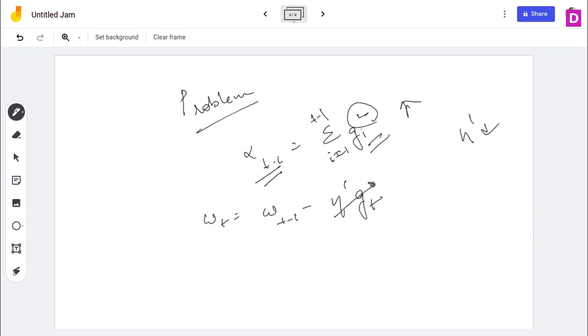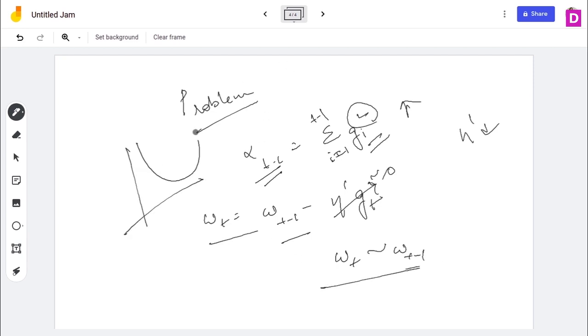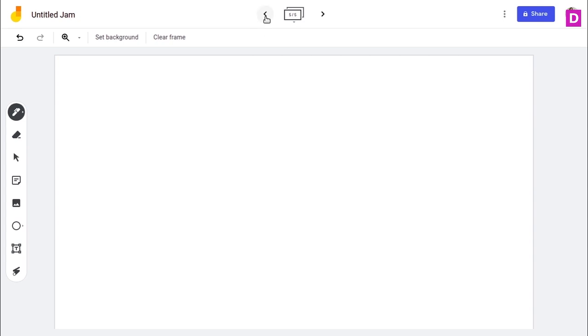There might be a point of time where eta dash comes close to 0 because it is very, very low. It keeps on decreasing very fast and becomes very low. If this is even close to 0, our weights will be quite similar to each other. So Wt at any iteration will be quite equal to Wt minus 1. If our weights are not getting updated, that means we might not reach the minimum value of the loss. So this was one problem with Adagrad.